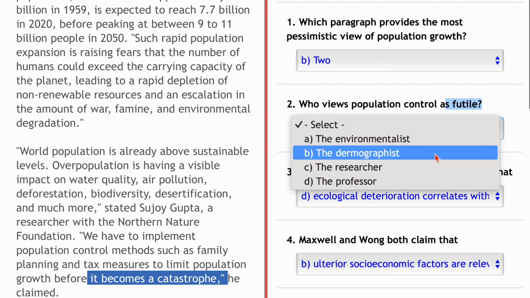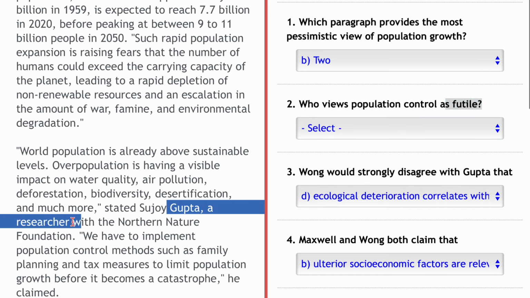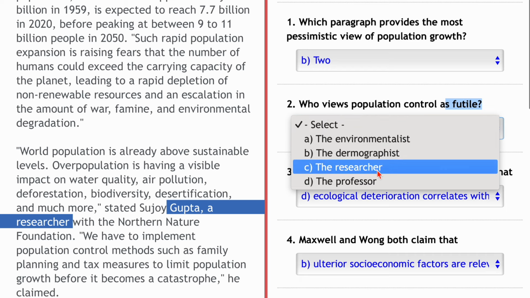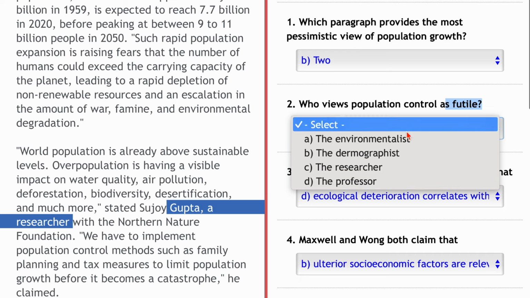He was just giving the statistics. That's Farsi. And also, I hope that you caught that Gupta is the researcher. Researcher. Gupta, researcher. So not B or C. So the environmentalist and the professor. The answer here,